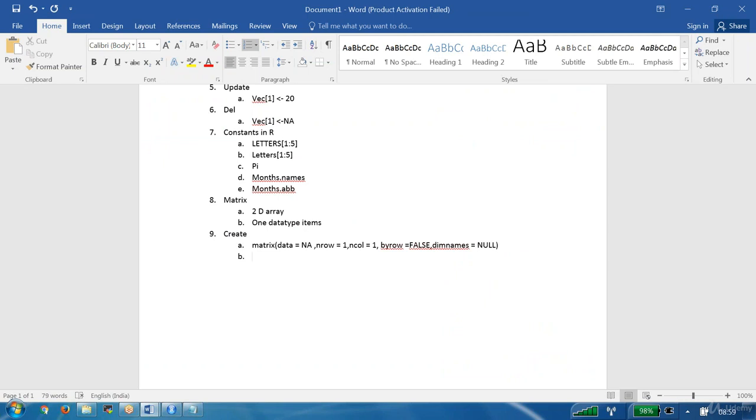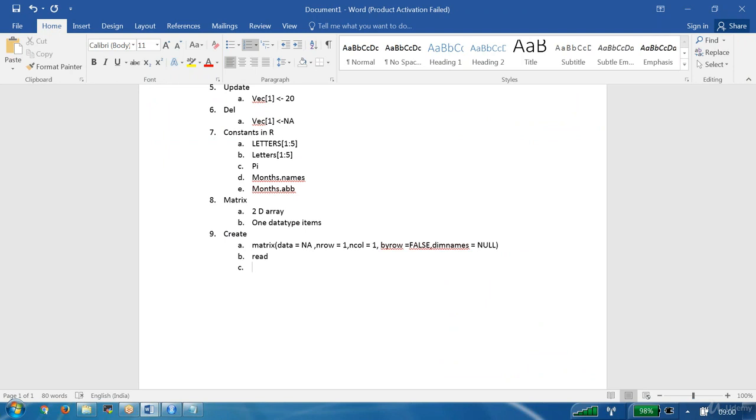Syntax we understand. Next, what did we learn? How to read the elements. Can I update it? Yes. How to update it? If I write P1 of 1 assignment 50, then what will happen? 1 will be replaced with 50. Can I delete it? Yes. P1 comma 1 is NA. I can do whatever I want.